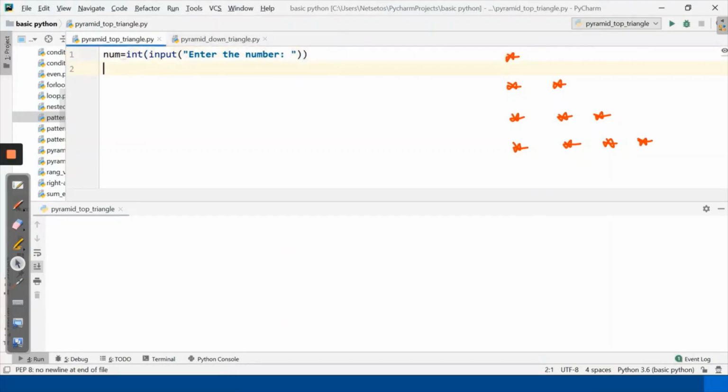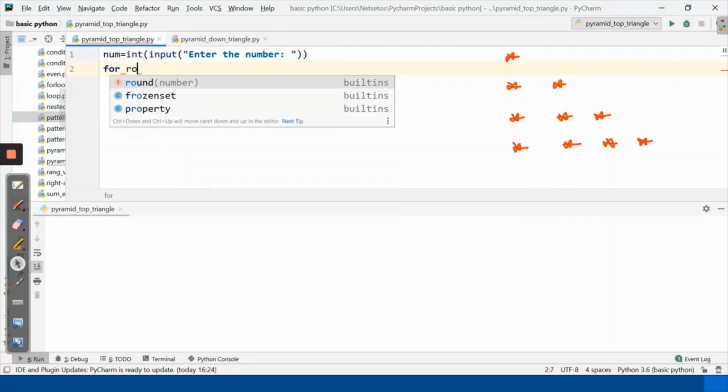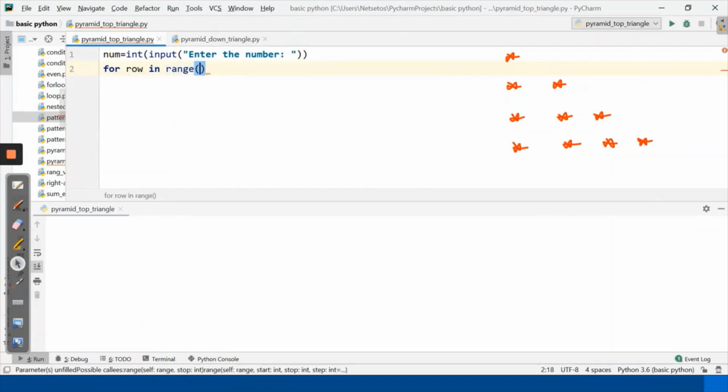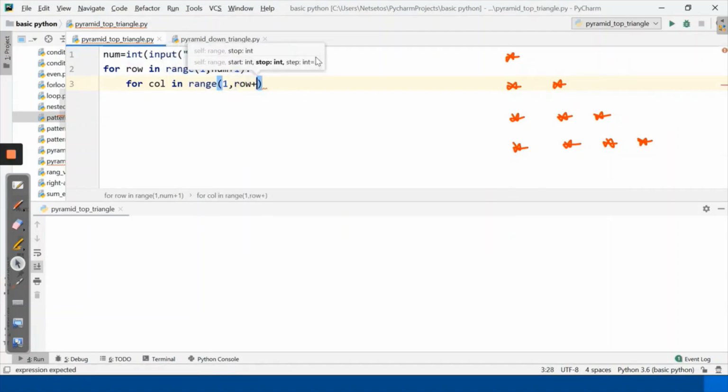And after this, I will give for row in range. I need to define the range where it will run from 1 to num plus 1. And then for column in range 1 to row plus 1, as our column is totally dependent on rows.